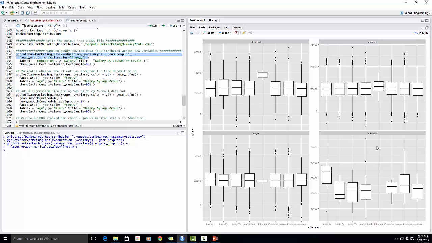If you see, this whole unknown bucket is really off in terms of distribution, while the rest of the stuff is pretty neat and tidy, with this divorced category having higher levels. Those are some of the broad inferences that you can make. And just to pretty up the chart, you can provide a label for the x-axis, y-axis, and title. And when I say scales equals free equals y,